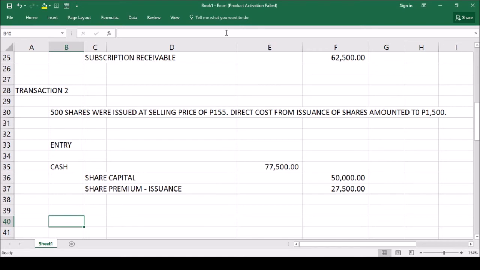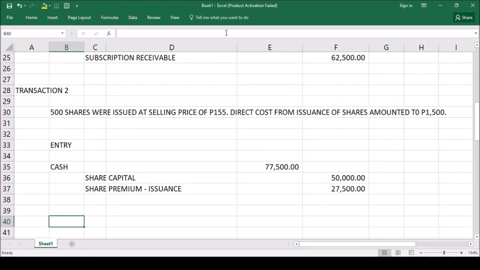In this case, since the direct cost from issuance is only 1,500, and the share premium on the issuance of the shares is 27,500, obviously the 27,500 can absorb the whole 1,500 direct cost from issuance. But if it cannot, let's say the share premium on issuance is only 500